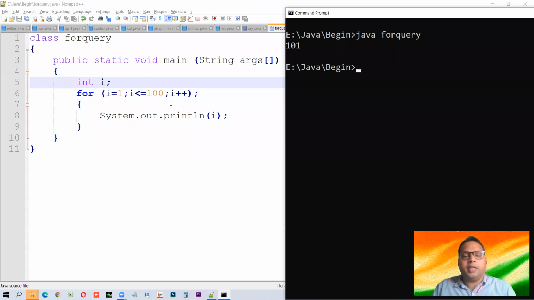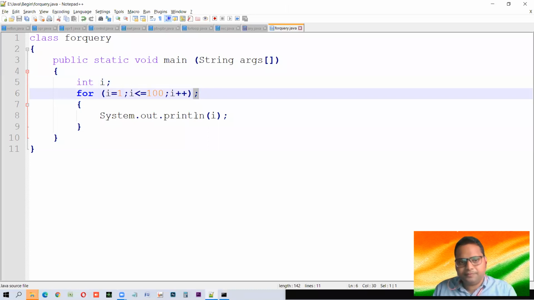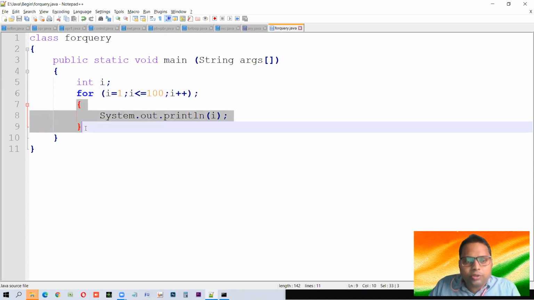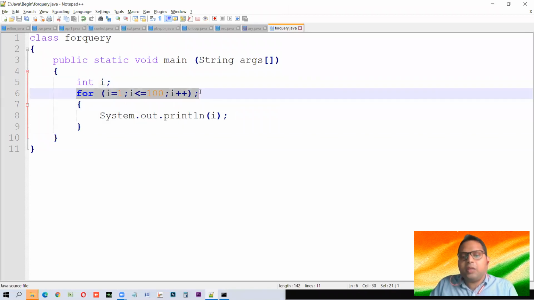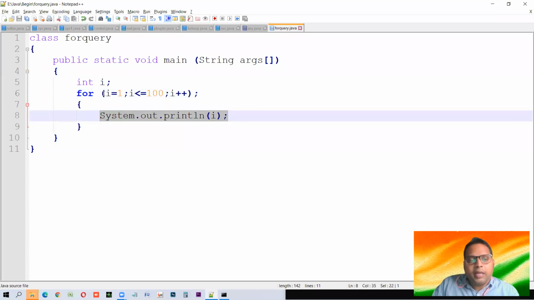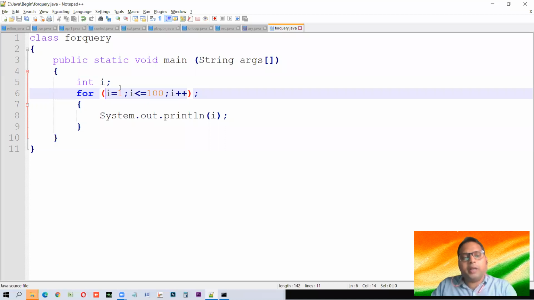So the first thing is, here you will come to realize the importance of the semicolon that we give. Actually, semicolon is used to terminate that statement. And if we are giving a semicolon just after the for loop, then it is not going to this, because it has to terminate here. It means the loop is revolving inside this only. It's not going beyond the terminator. From 1 to 100, it is looping within the loop only. It's not doing this work.